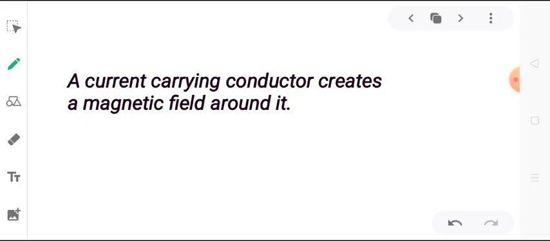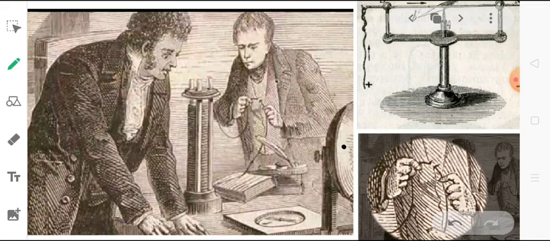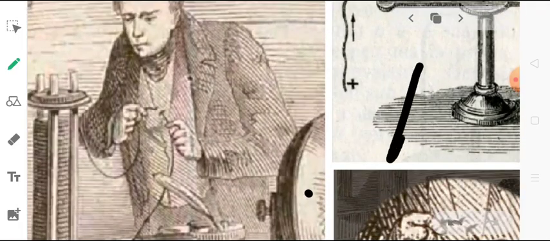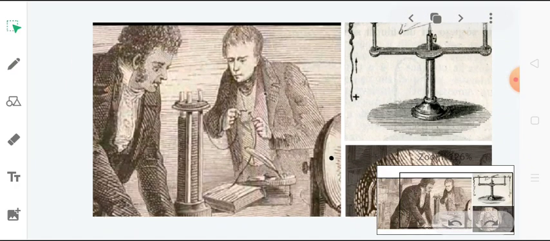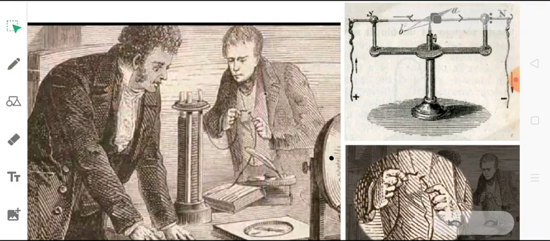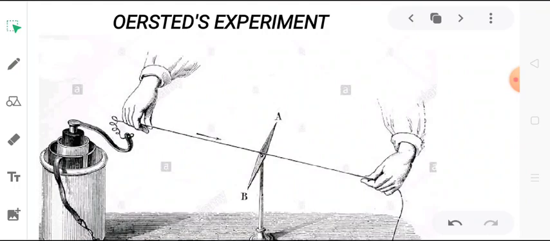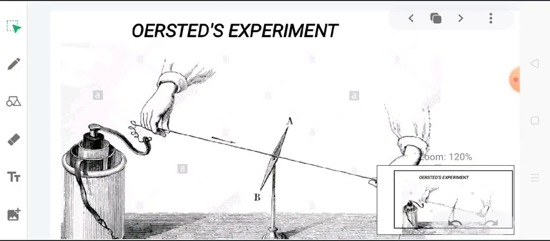Now, once we have discussed a lot regarding the contribution of Sir Hans Christian Ørsted in this aspect, it becomes so important for us to have a basic understanding of the experiment that was conducted by him. Now, in this picture, we have seen the basic setup that was used by Sir Ørsted in conducting his experiment. As you can see, this was the setup used by him.